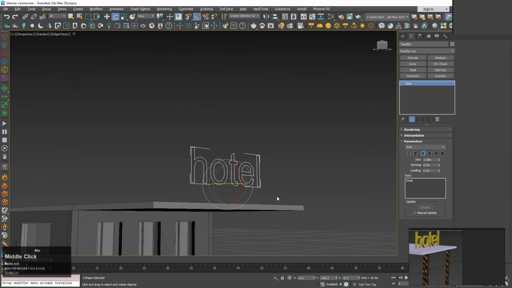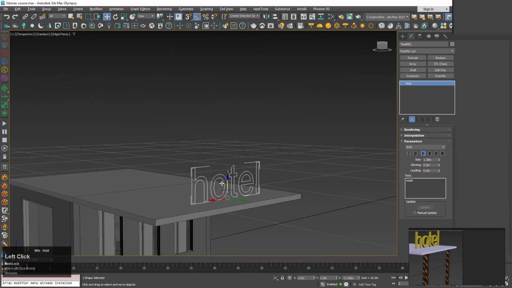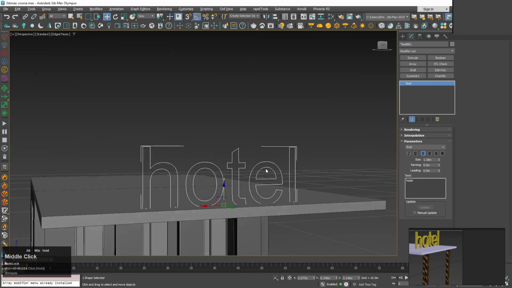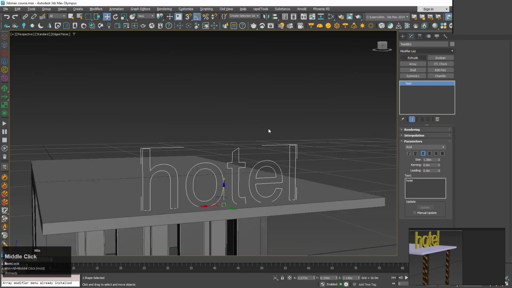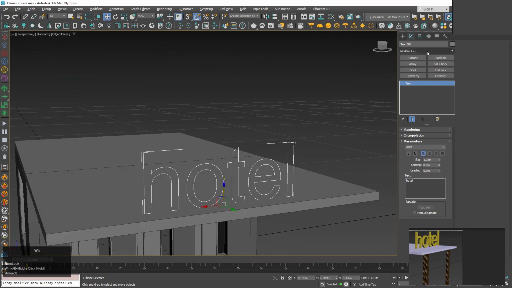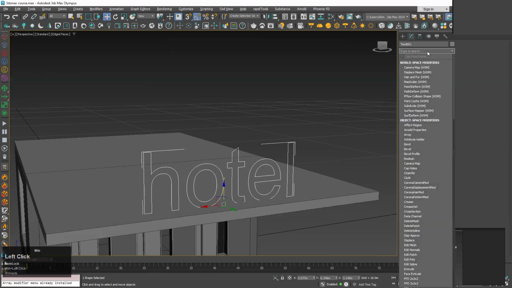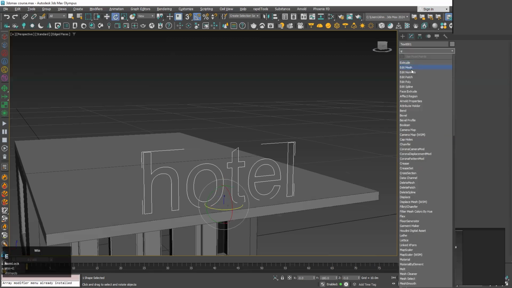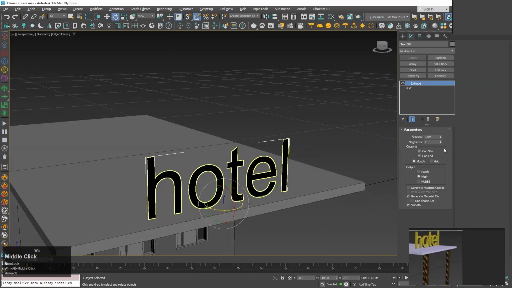Now you can see there's a distance between the ceiling and that text. So let's switch from rotate to move, and move it down a bit, like this, on the Z axis. All right, and now you can see we have this text in the form of lines. The text is 2D, so let's give it a thickness by adding the extrude modifier on top of the text. Let's go to the modifier list and press E to get all the commands that start with the letter E. Let's add the extrude command,